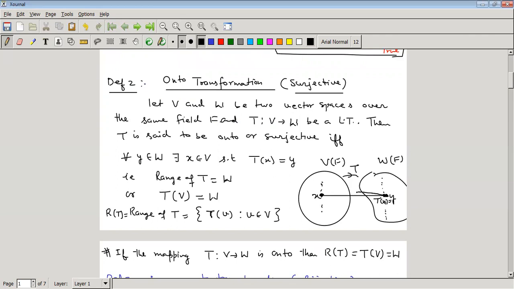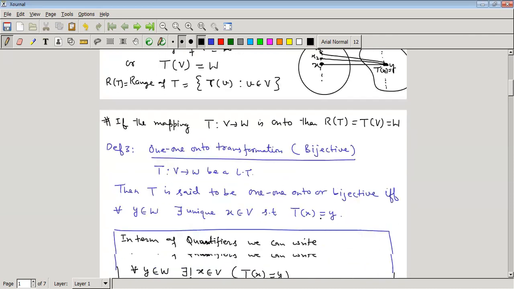There may be another x. Let this be x1, this be x2, such that T of x2 equal to y. There may be another element x3 so that T of x3 equal to y. So y may have more than one preimage, but for bijective,